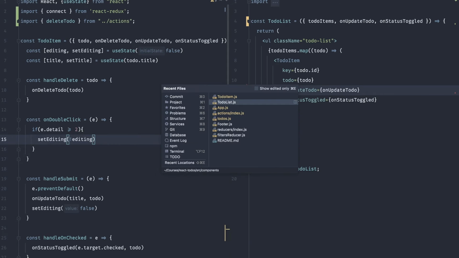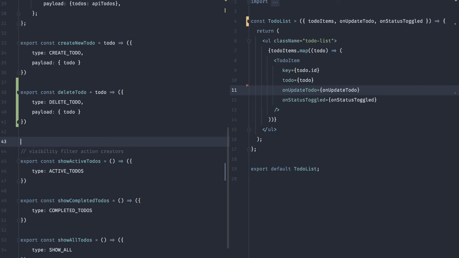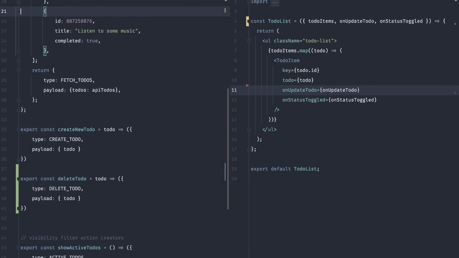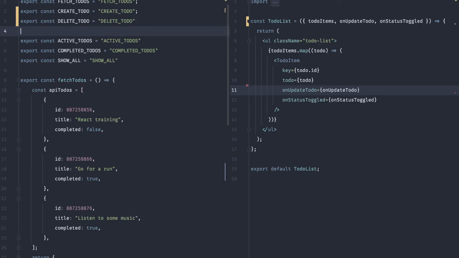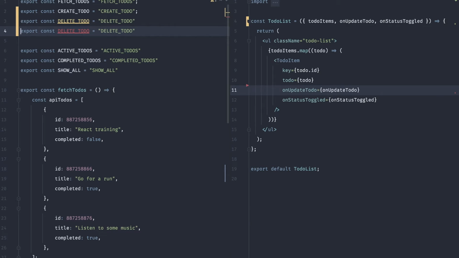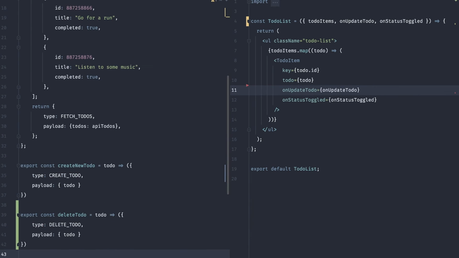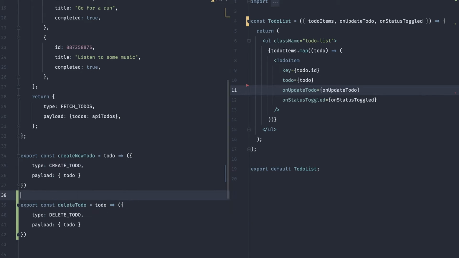Okay, so we will do exactly the same as we did for this, and we'll go up here, and I will just duplicate that, and I'll say update to do. Okay, and this will also become update to do. Great. And then right down here, I'm thinking to just copy this whole block